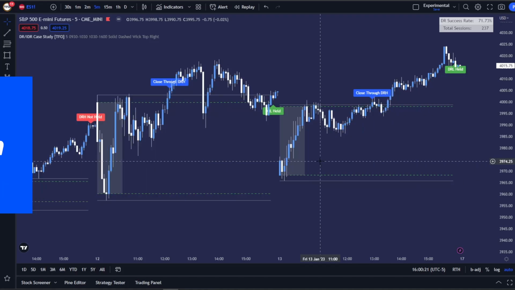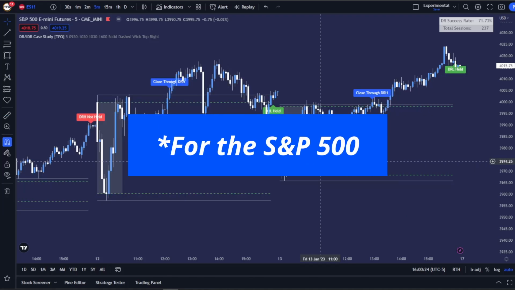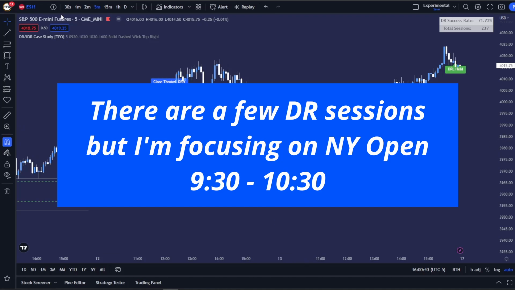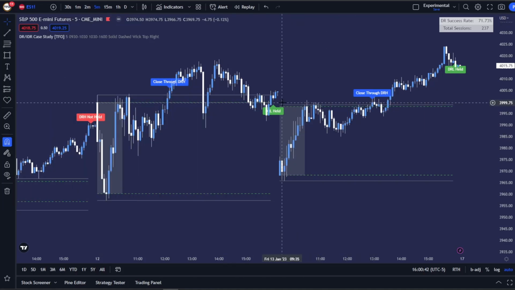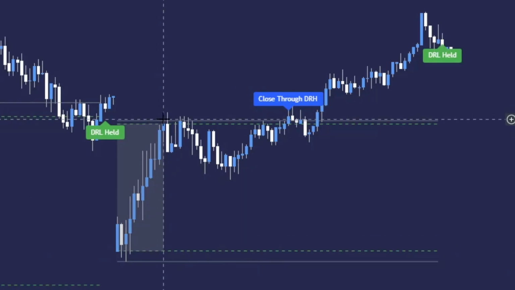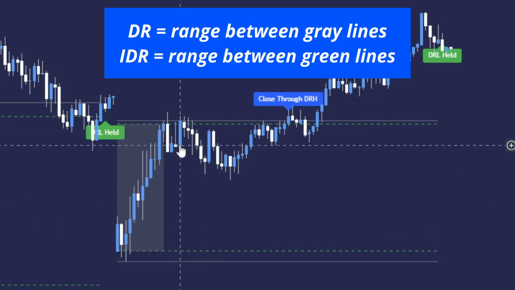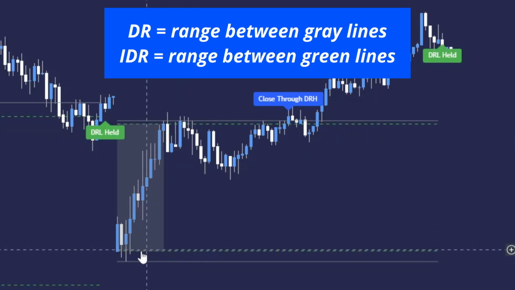the day is in. And I believe this is for the S&P 500 specifically. And the defining range is the first hour of price action. So I'm on a 5-minute chart right here. This box outlines the first hour of price action. And so the gray lines below and up top mark the high and low of the session. And the green dashed line right here and above just mark the high and low of the candle bodies in